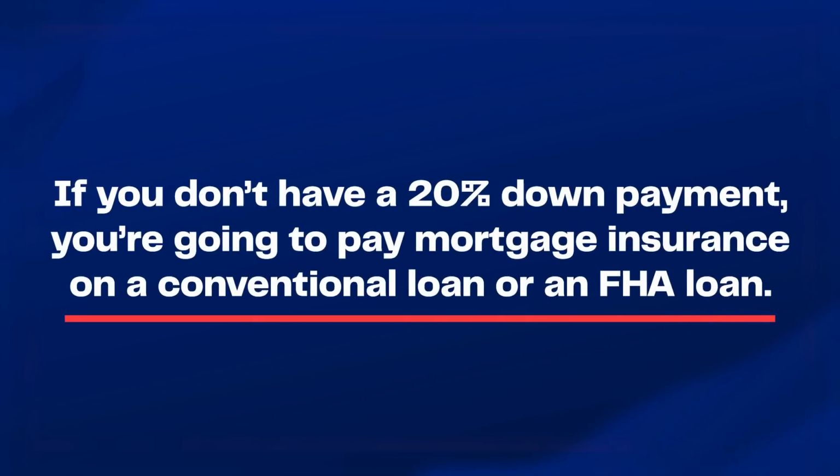Mortgage insurance is a word that everyone despises when we talk about buying a home. Most people get caught up on, I don't want to pay mortgage insurance, and they think it's a huge cost. But in reality, if you don't have a 20% down payment, you're going to pay mortgage insurance on a conventional loan or an FHA loan. In some situations, the mortgage insurance is actually higher on a conventional loan than an FHA loan. And later in this video, I'm actually going to show you how to calculate the mortgage insurance on an FHA